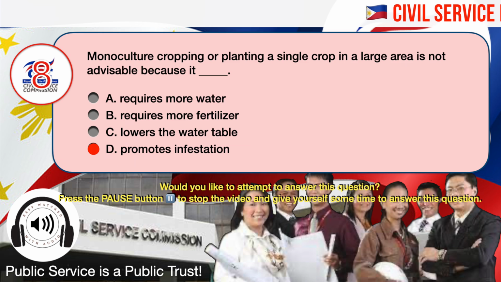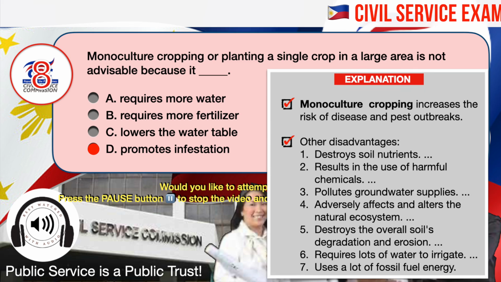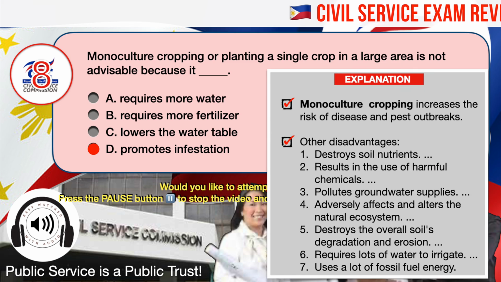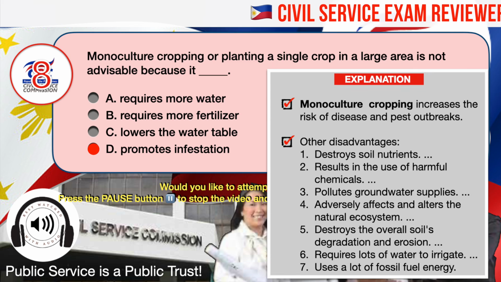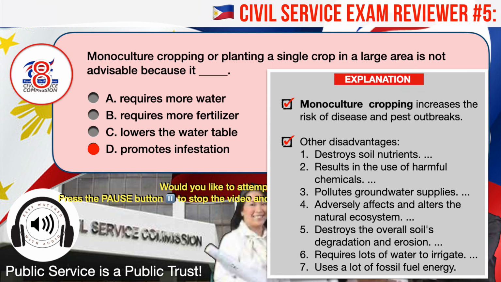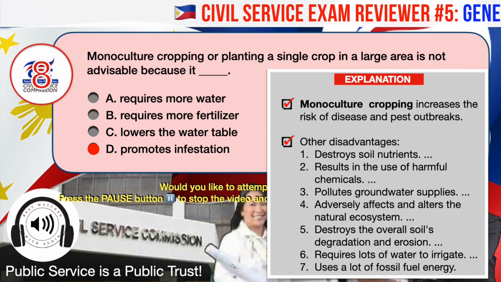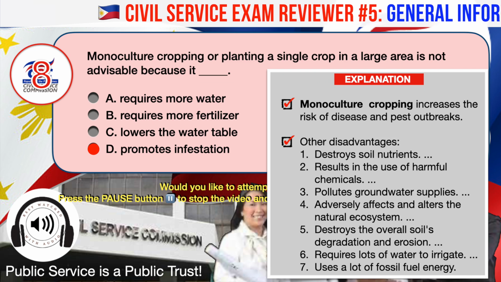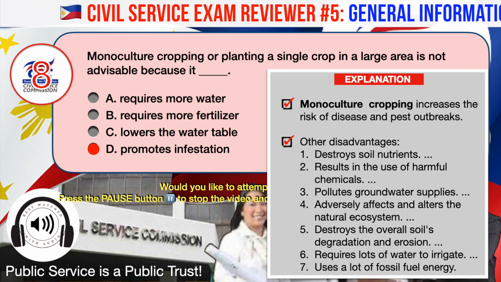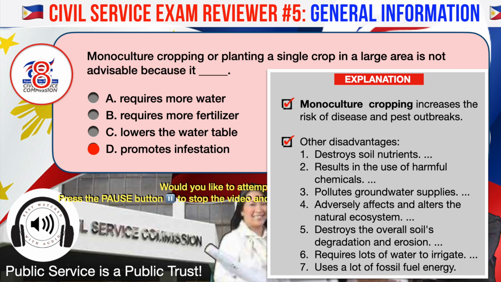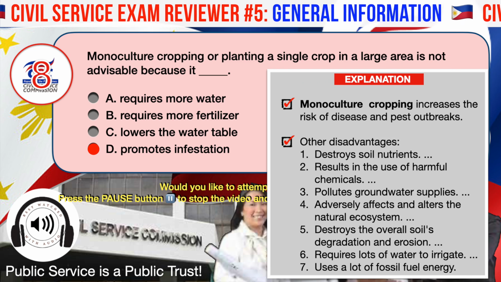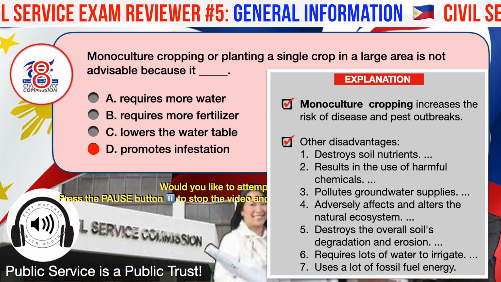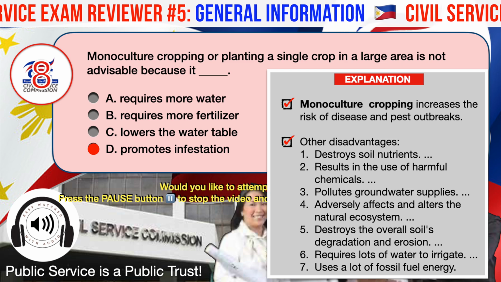Promotes infestation. Raising a single crop, also known as monoculture cropping or monoculture farming, has several drawbacks, the most significant of which is that it increases the risk of disease and pest outbreaks. This is because monocultures lack other plant and animal species that limit the spread of disease and control pests through predation. Aside from promoting infestation, monoculture cropping also